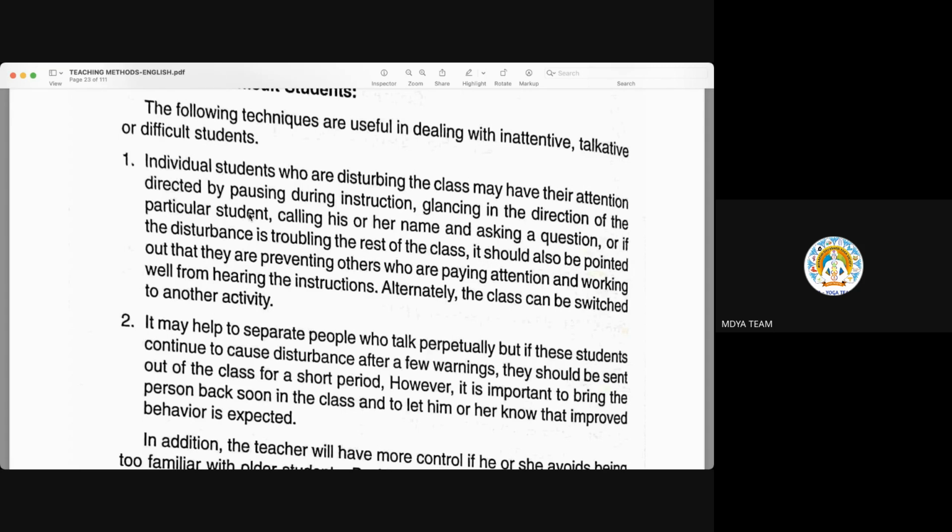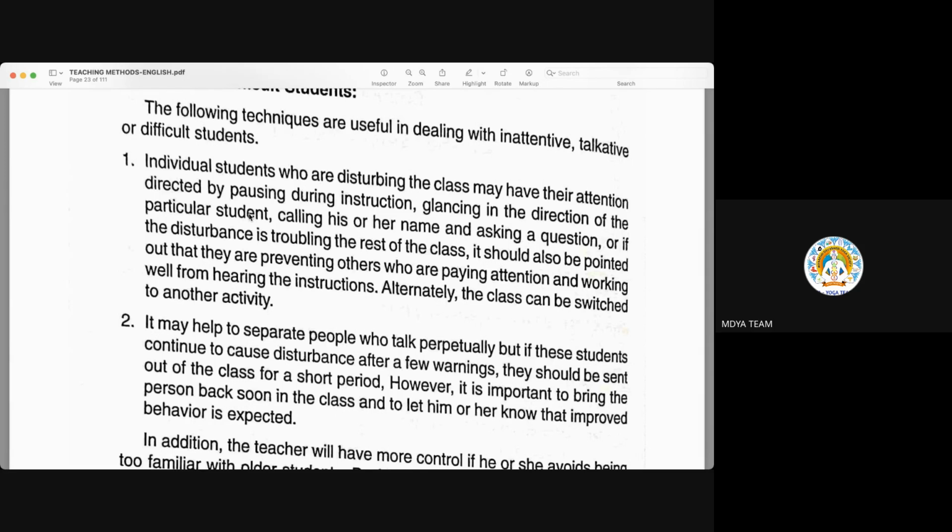So what you do is just pause for some time during the instruction. Or you can glance or stare in the direction of a particular student. You can look at that particular student, or you can name them in the class, calling his or her name,